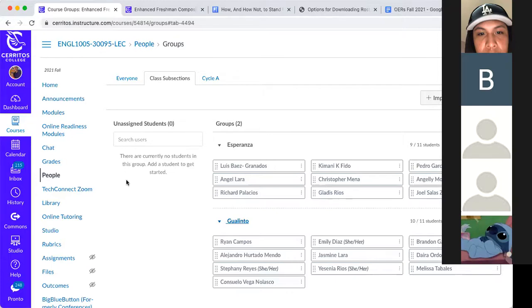Okay, so Group Esperanza is going to meet on even numbered weeks. So I expect to see everybody from Group Esperanza in class on Tuesdays on weeks 2, 4, 6, 8, and so on. Okay.